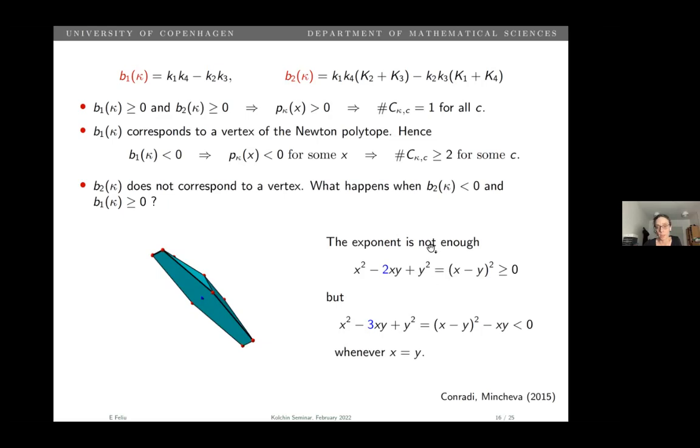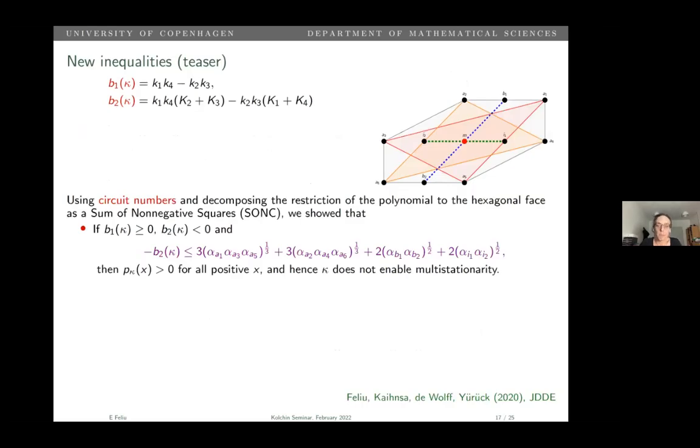In this example I gave you before, the polynomial could not be negative. If you increase the coefficient, then it can be negative, right? So the value matters here. And I will just briefly say, because I don't want to spend a lot of time on that, that by using results from sum of non-negative square decomposition, they're called SONC, and circuit polynomials. Circuit polynomials are polynomials whose support is such that the Newton polytope is a simplex, and there is a point in the middle. Using results from there, this type of polynomials is very well understood when they can be negative and when they cannot, we could derive conditions for saying